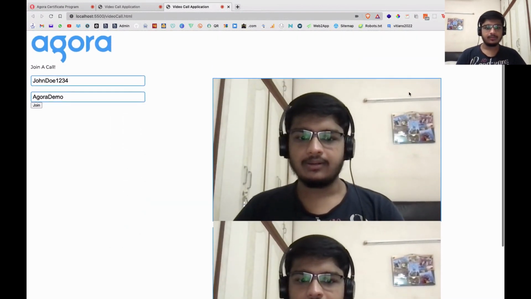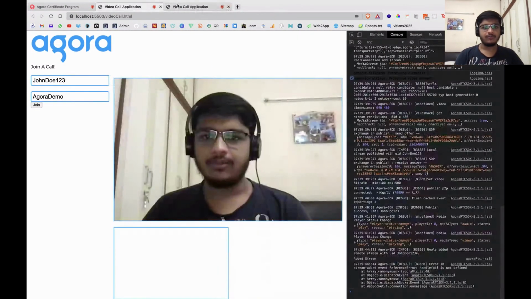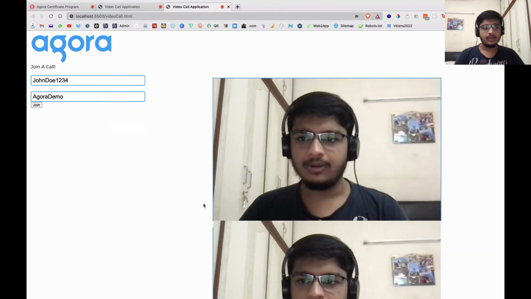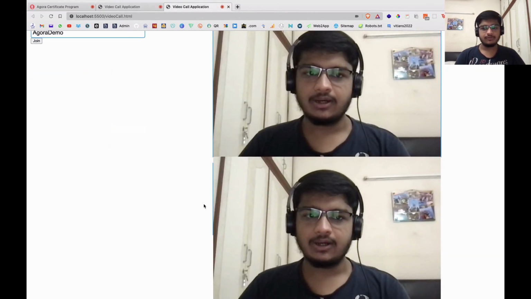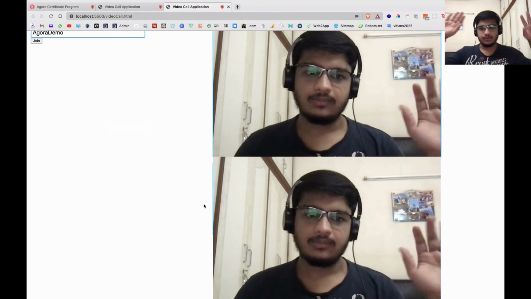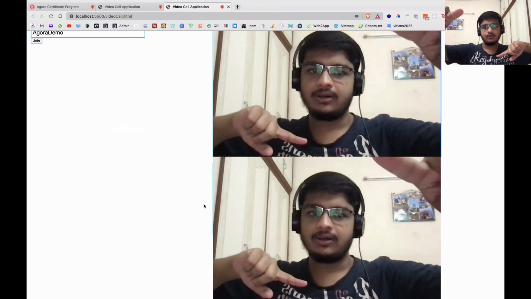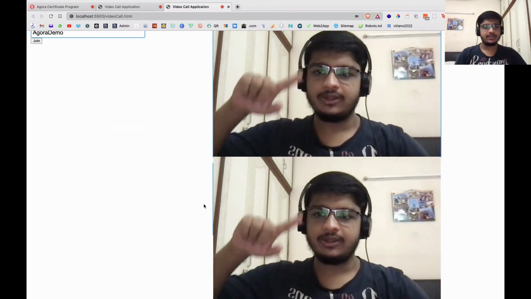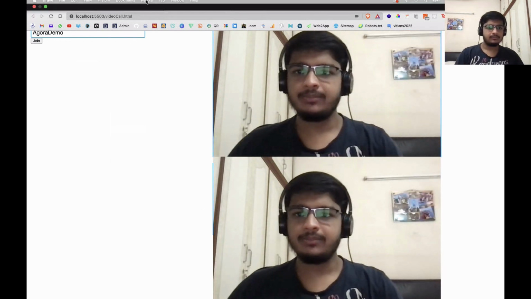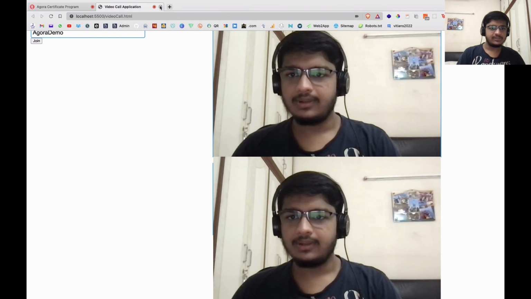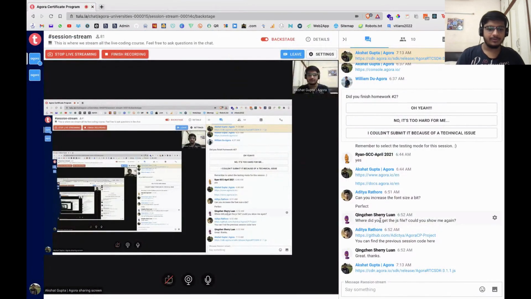And one of them is from the tab on top, one of them is on the tab below. And you can see that whatever I'm doing is coming on both the things. The top one is my local stream, the bottom one is my remote stream. And it all starts by asking for camera permissions, which will happen right here on the web application itself for every user.